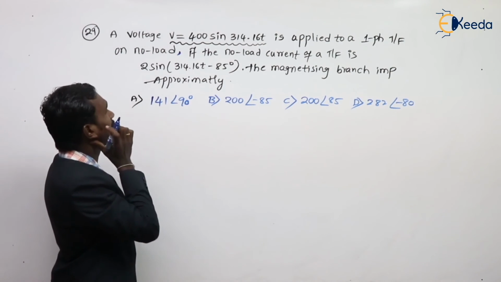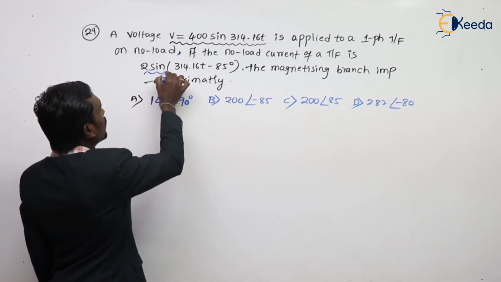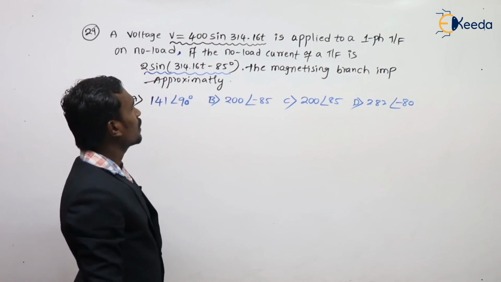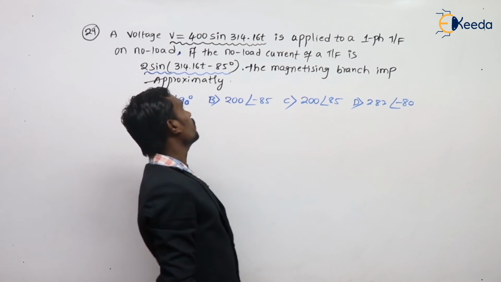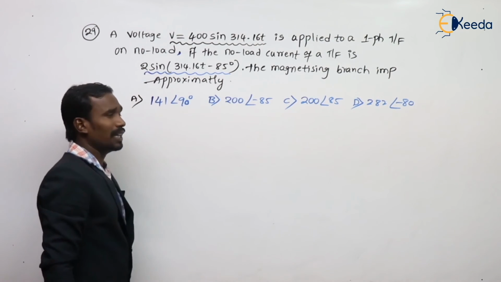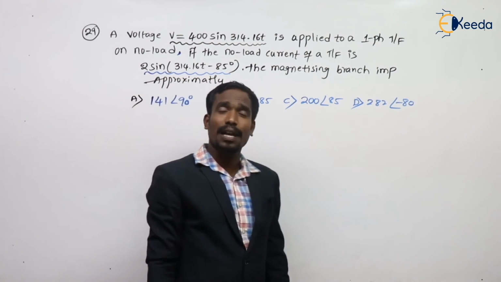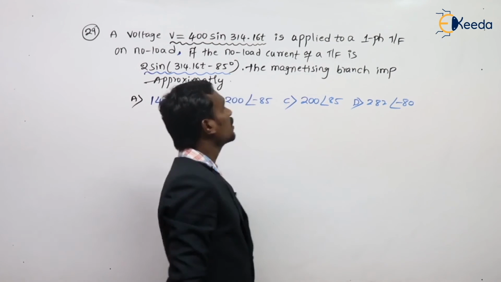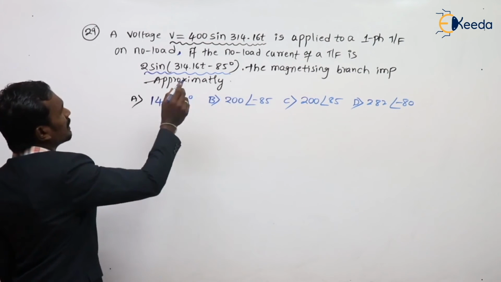If the no load current of the transformer is given, the magnetizing branch impedance is approximately, they want that. So they have given voltage and current,